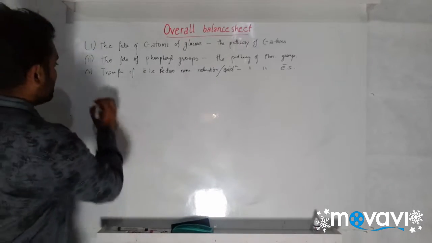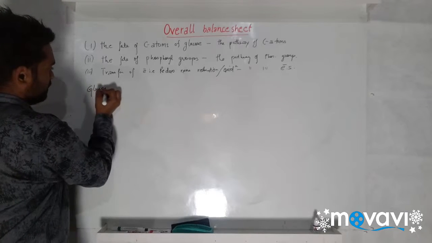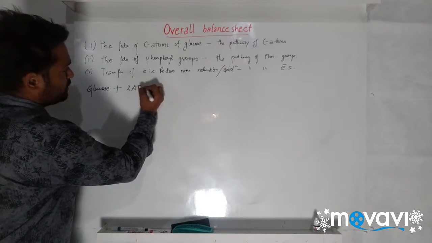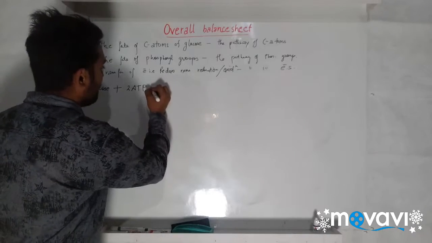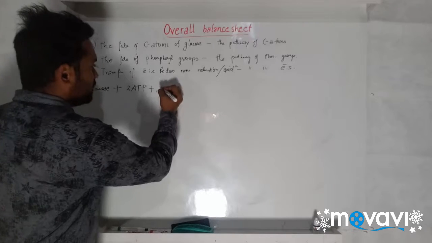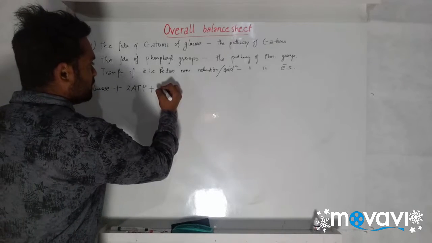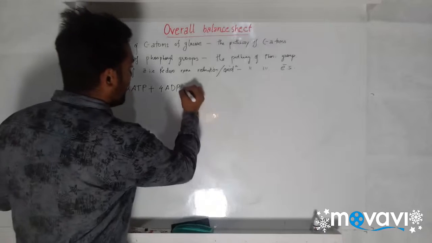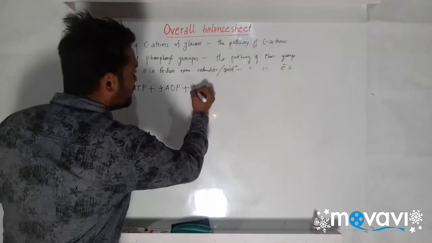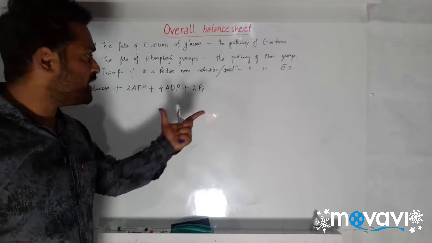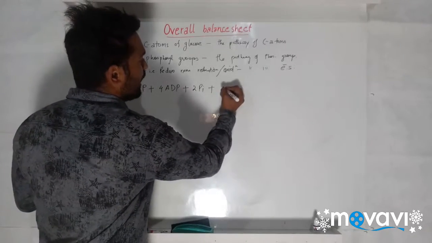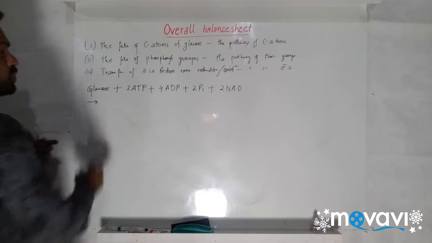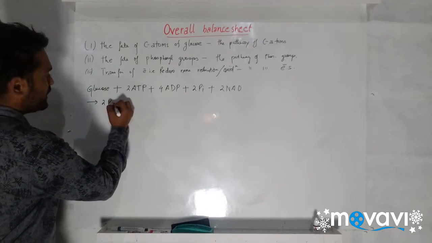How did we start? We started with glucose. What did we use in the preparatory phase? 2 ATPs we invested. And we end up with 4 ATP; 4 ATP we made in the payoff phase. And what did we use else? 2 Pi, each one for glyceraldehyde 3-phosphate, and we used 2 NAD also, one each for glyceraldehyde 3-phosphate. The result is that glucose is converted to 2 pyruvate,